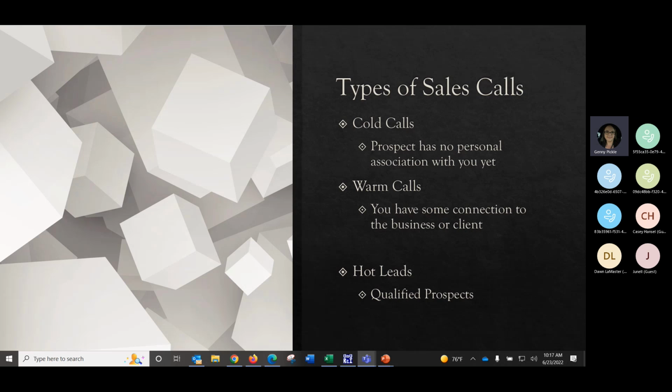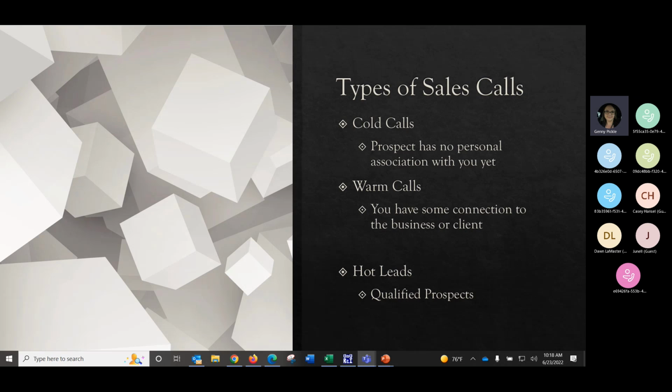So just a little bit more depth. Cold calls, exactly what they sound like: door-to-door introductions, picking up the phone, going on outside sales calls, doing some cold calling. Warm calls have some sort of connection. Maybe somebody in the company stays at the hotel. You can use that as testimonial support as your key selling point. Or if you're referred by a common contact, that would be another example. You can drop that name and get the conversation started with them. And then hot leads are qualified prospects. They're either currently doing business with us or interested in doing business with us.